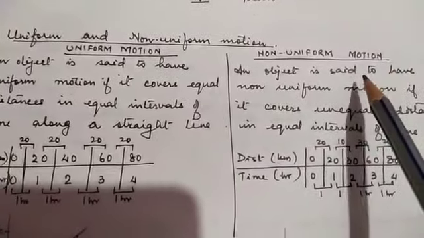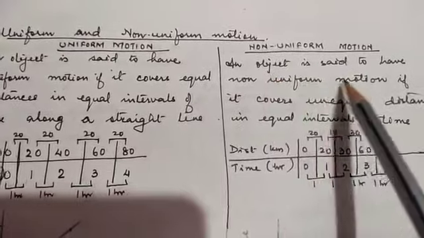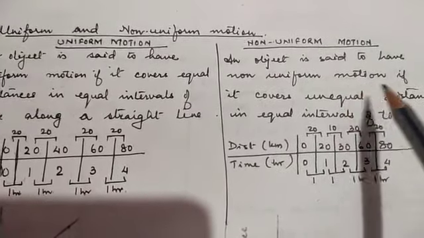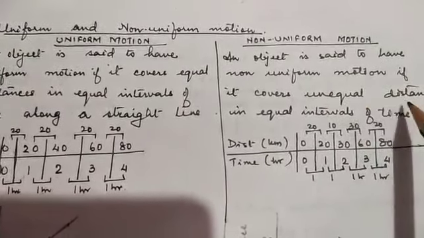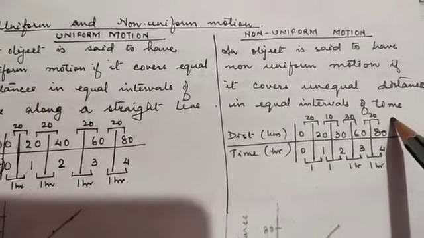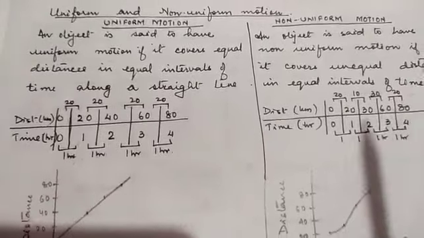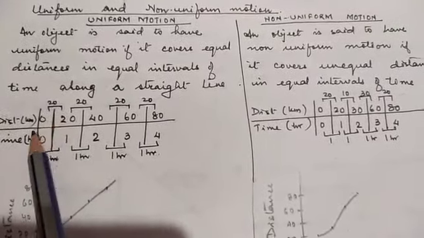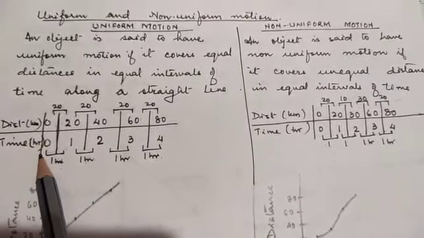Then what is non-uniform motion? An object is said to have non-uniform motion if it covers unequal distances in equal intervals of time. We'll understand this better with the help of an example. Suppose a car is traveling